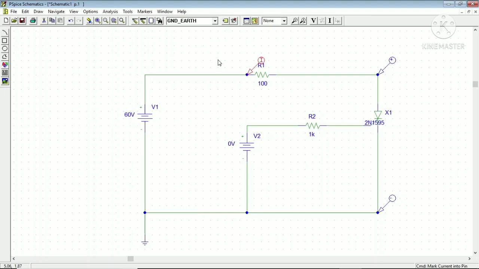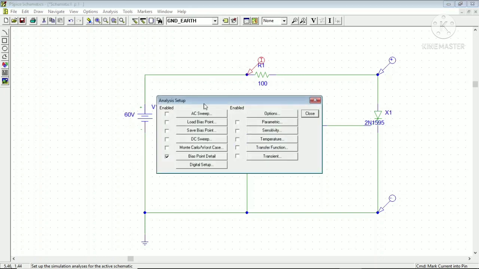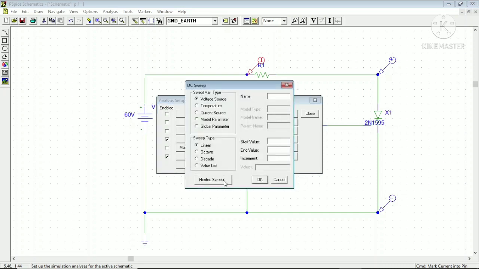Now for this, you have to save your schematic first of all. Before that, if you want to apply the anode to cathode voltage 0 to 60 and you do not do the settings, it will be instantly applied across the SCR, which is not a good thing. So you want to vary this voltage V1 from 0 to 60 volt gradually. For that you need to go into the setup analysis. In the setup analysis, click on the DC sweep option. Take the V1 source you want to change, so give the name V1, because the voltage source is selected over here.